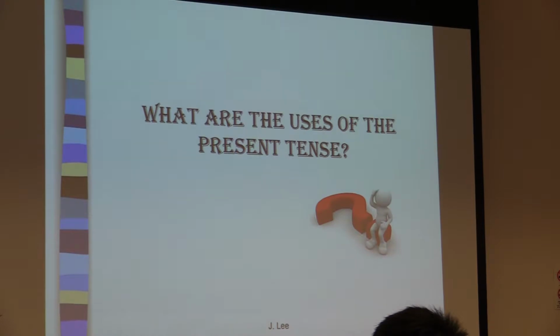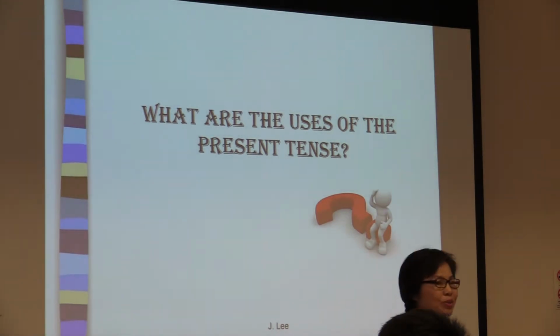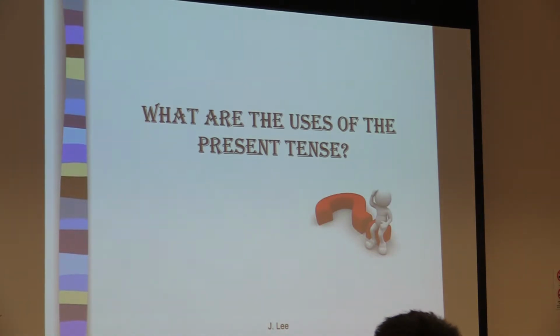Then what are the uses of the present tense? Before we look at the slides, what are the uses? When do we use the present tense? To present something as fact, always true, yeah? Like the earth is round, always true. To locate a situation that is in a place, in the present time. Okay, yeah, to refer to something in the present time. Then you use the present tense.